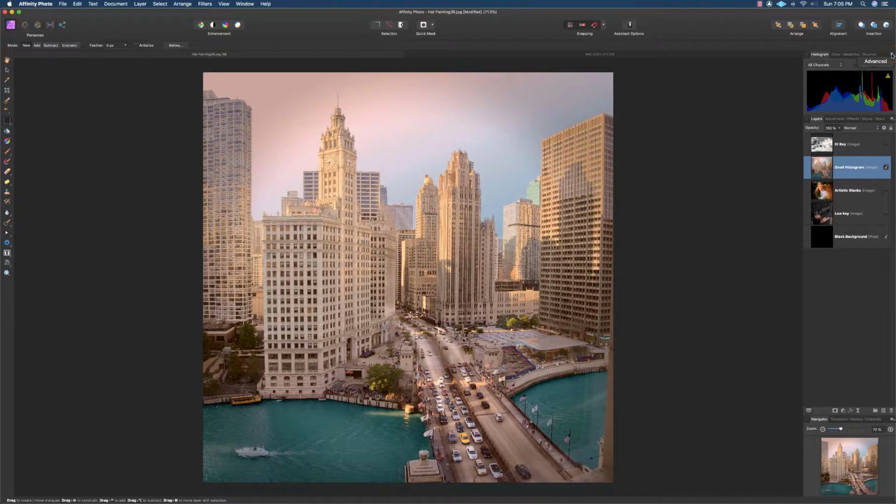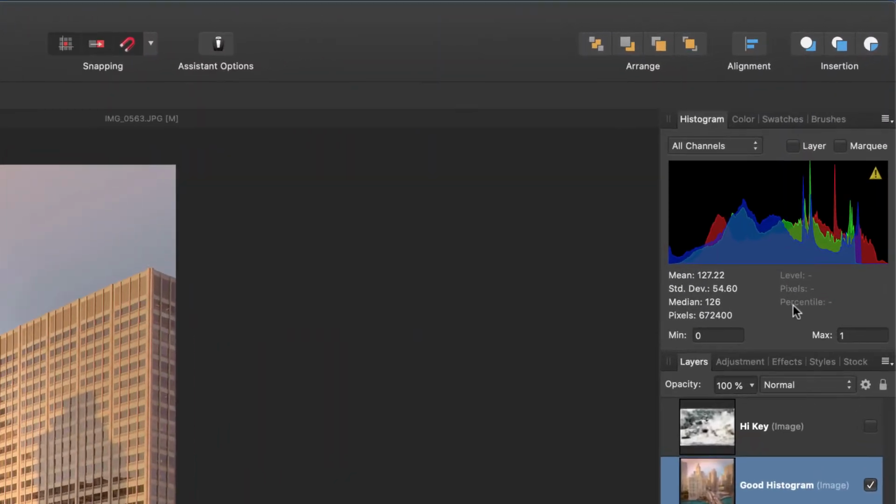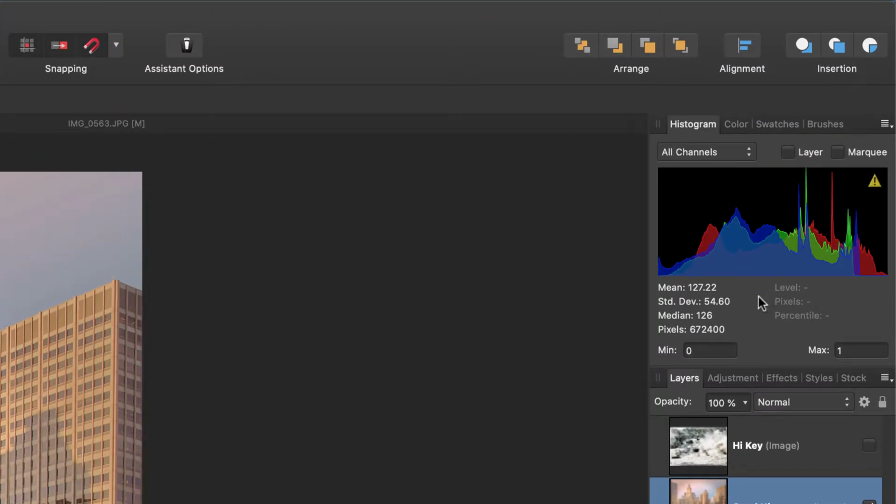on that, it says Advanced. That's going to show our advanced options of the histogram panel. I'll click on that, and now you see a bunch of figures show up below the chart. So this is general descriptive distribution information from your histogram, and at the very bottom you have the total pixel count. This grayed out area to the right becomes active when you put your cursor inside of the histogram panel,